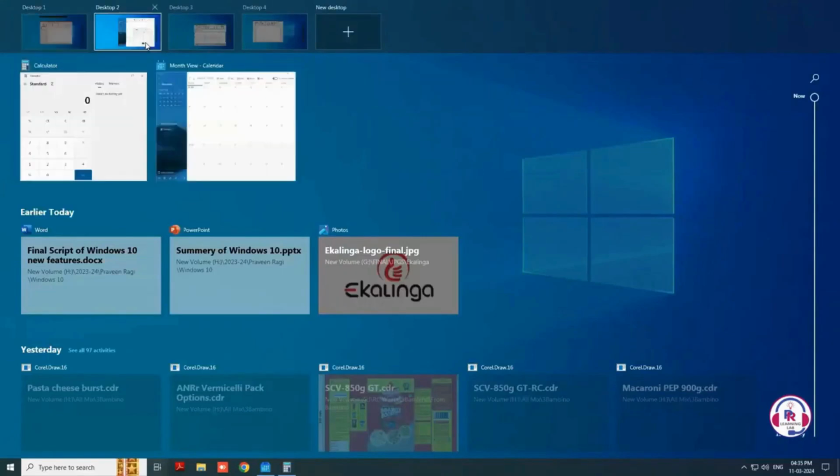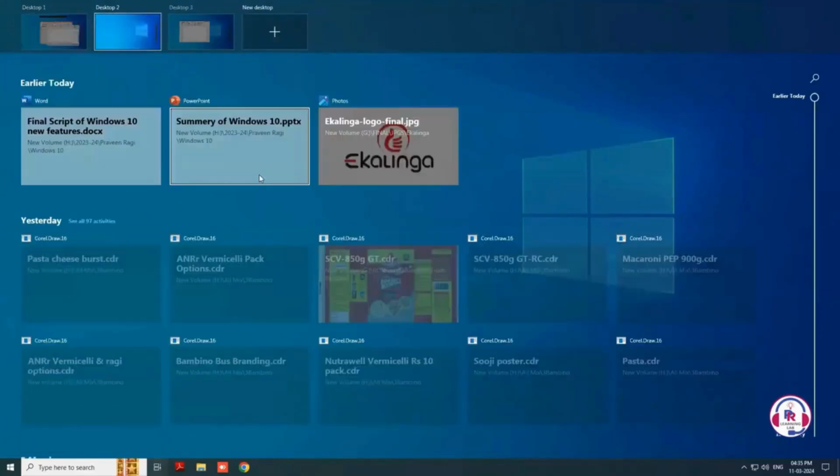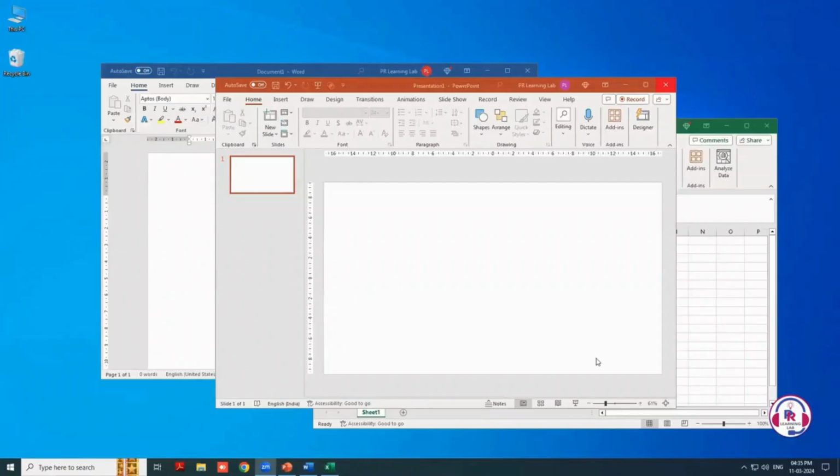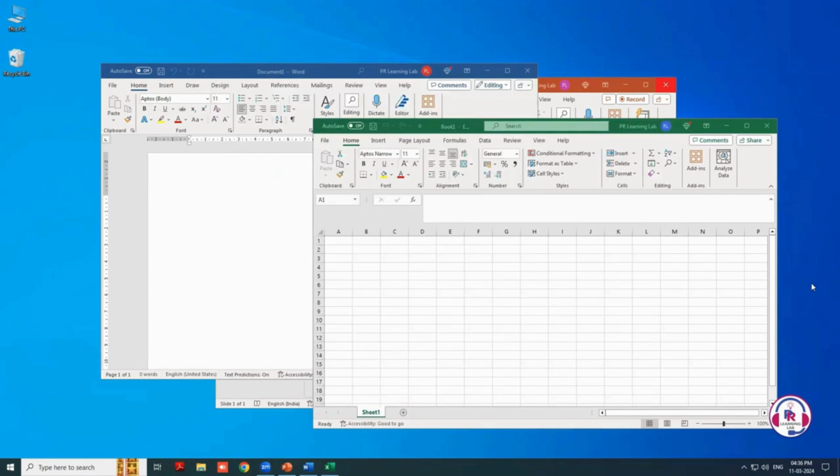In Windows 10, managing multiple applications efficiently sometimes means quickly minimizing all open windows to get a clear view of your desktop. Today, we'll explore a handy feature that allows you to minimize all open windows at once with a single click, without affecting any applications.